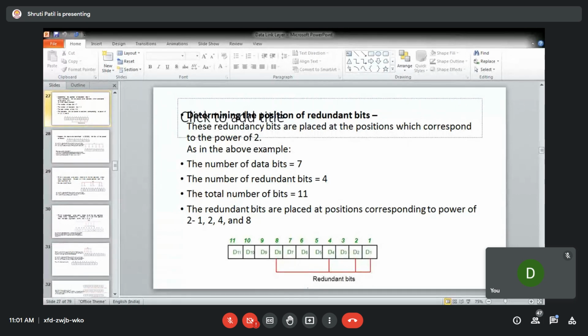You will find that when you follow even parity, you are getting 1, which means bits are wrong. This should be 0. And again over here, there is no error.